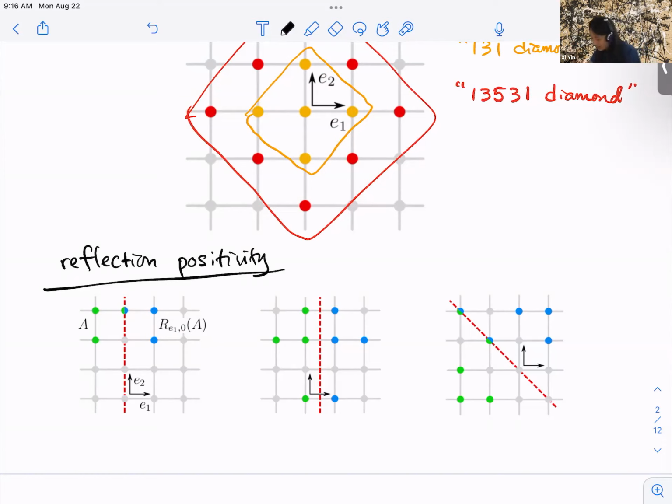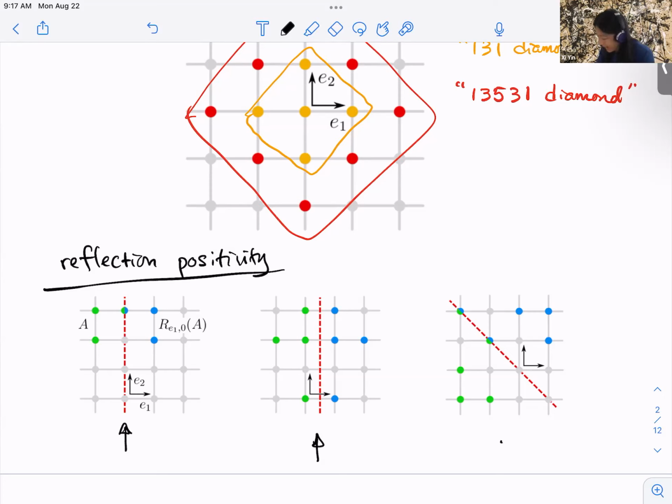Okay, it turns out that there are 3 distinct types, and no more as far as I can see. So you can reflect either along, this is in 2D, an array of, let's say, vertical lattice sites. You can do that, or you can reflect on a plane in between, or in this case a line in between 2 arrays of vertical lattice sites. They are different. They are not equivalent.